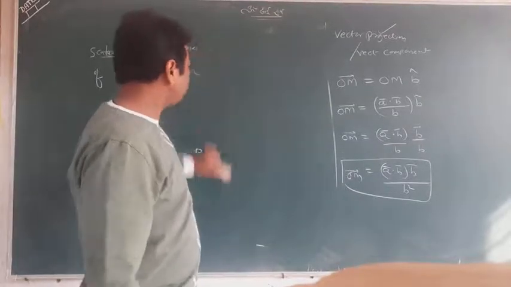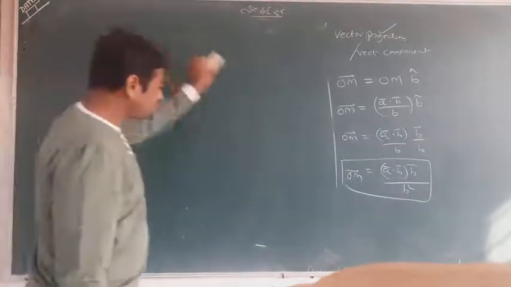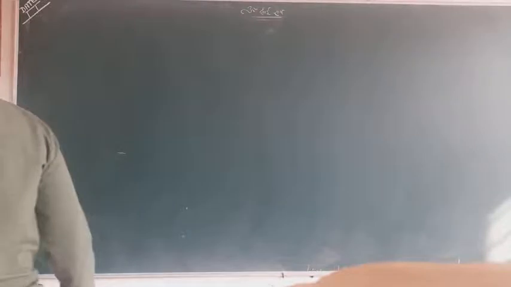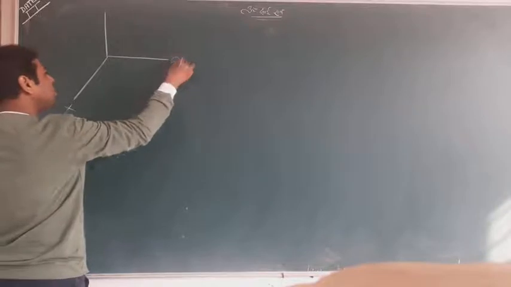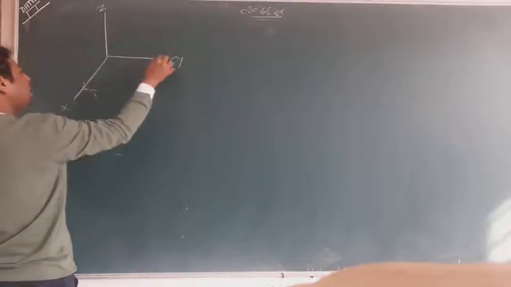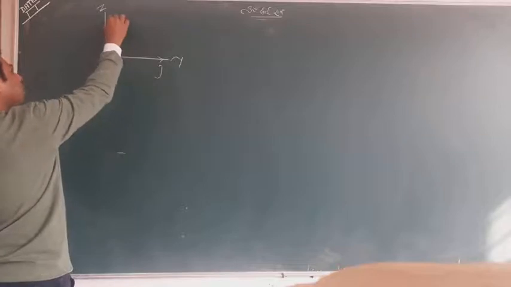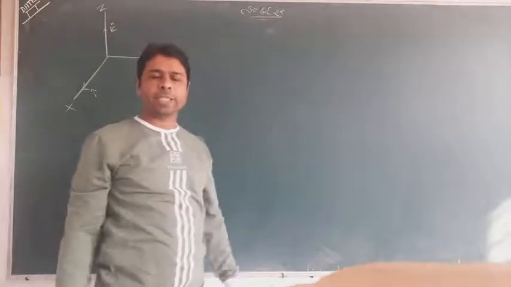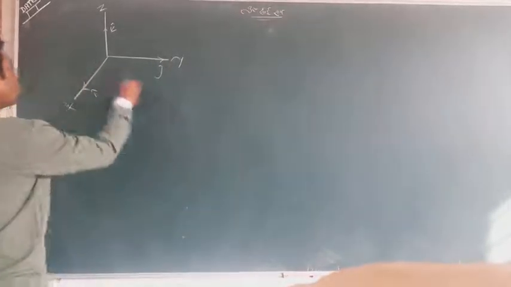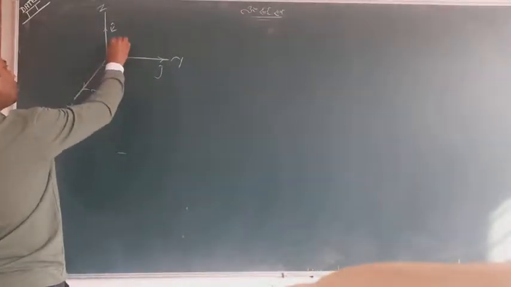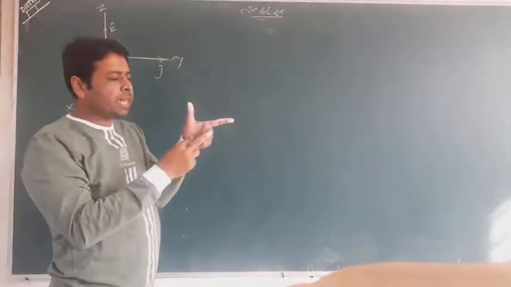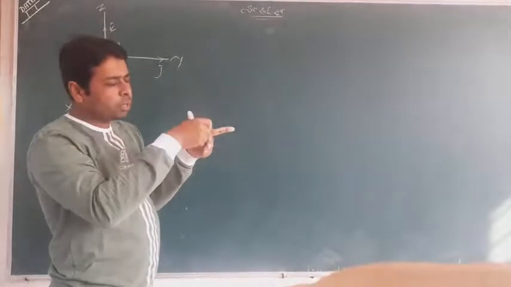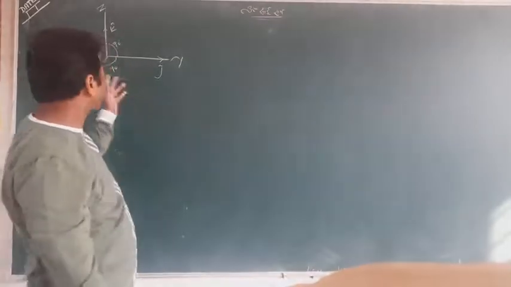Now let me tell you some more interesting facts here. I already discussed i, j and k. This is the x-axis, y-axis and z-axis. We normally take i cap, j cap and k cap. These are the unit vectors taken along the x-axis, y-axis and z-axis. If we talk about the angle between them, one should know that the angle between all of them is 90. It is just working like a finger. This is the x-axis, this is the y-axis, this is the z-axis. All these angles are 90 degrees.